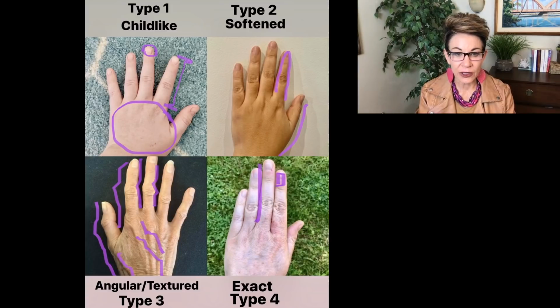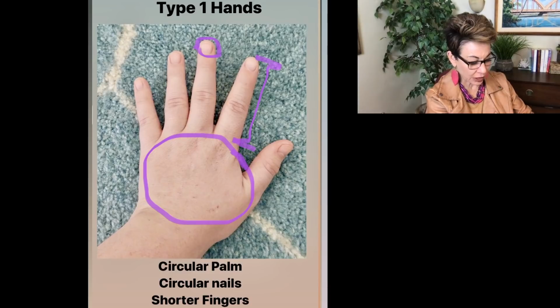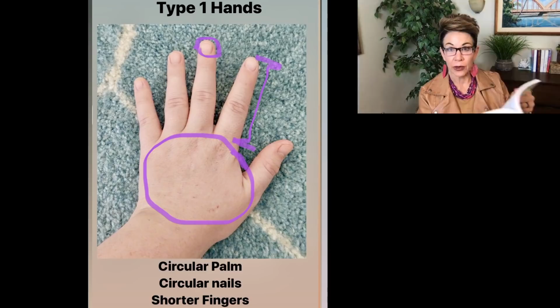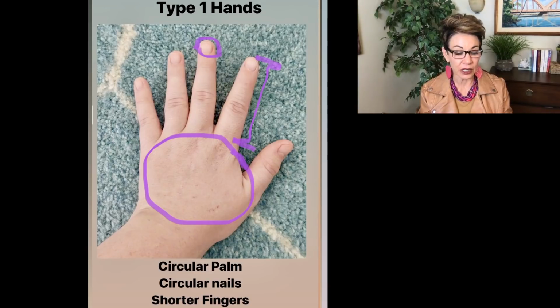So let's look first now at a type 1 hand. Let me read to you from the book so we get synced up with what you may have already learned by reading It's Just My Nature. I teach in It's Just My Nature: the type 1 hand is cherub looking, chubby fingers with small youthful appearance, short fingers, short nail beds, and nails that can be circular